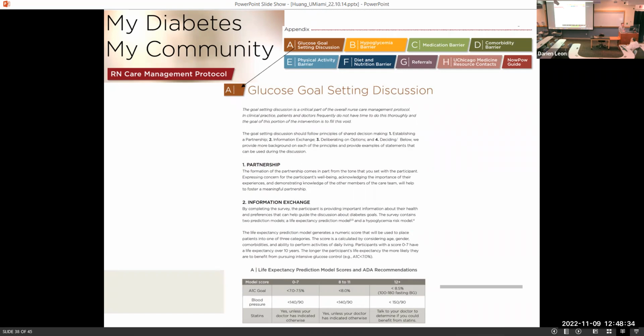And you'll see at the bottom is this sort of tricky part where we actually have the patients go through a life expectancy prediction model, but we don't actually talk about it. We sort of say the American Diabetes Association recommends this, and they can ignore us or they listen to us. That's what we don't know, actually, because the trial is still ongoing. We don't know how people will respond to this, but this is what's distinctive about our randomized controlled trial.